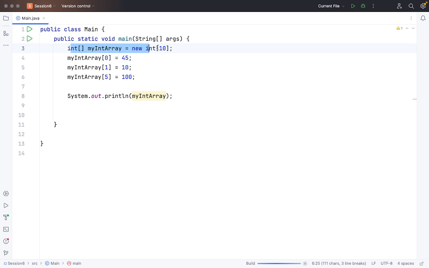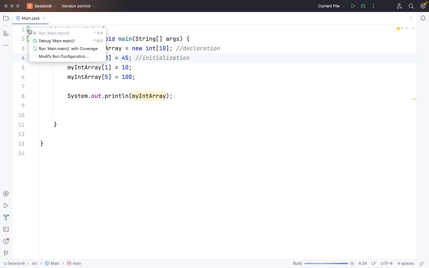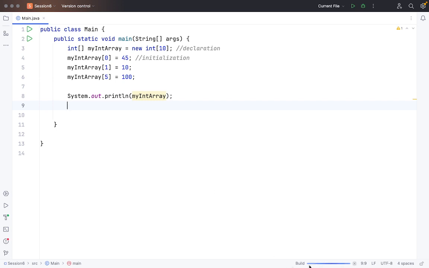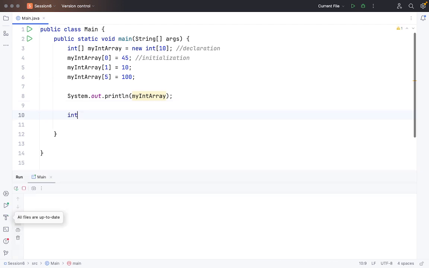So here the declaration is happening, and here we are initializing certain values at certain positions, which we are manually mentioning. I think why it is not running? Okay, it's still running. Starting is taking a lot of time. Okay, another way to write it down is, so I will just write